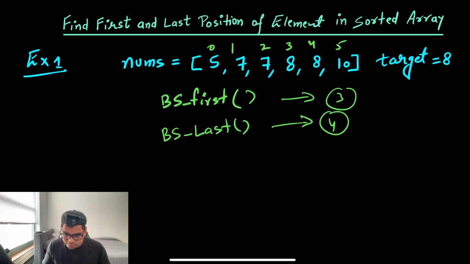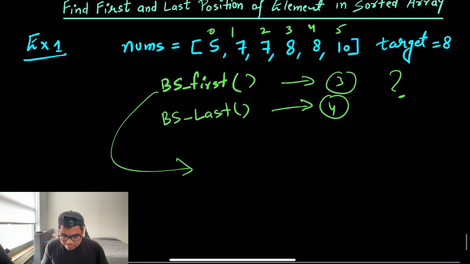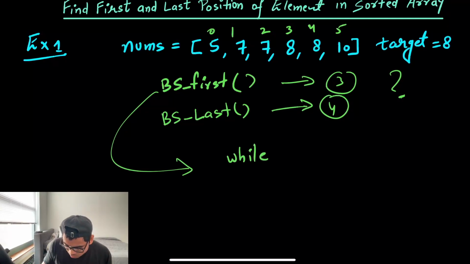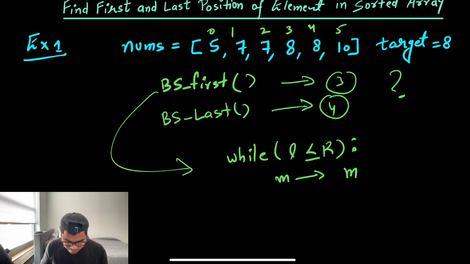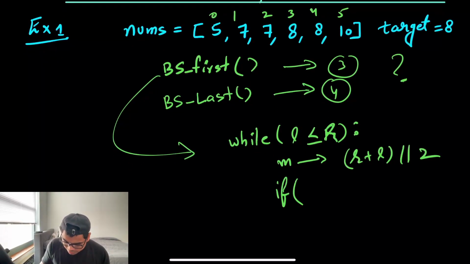And how are they going to do it? When we are writing this particular function, it will be a regular binary search algorithm, which is basically having while left is less than or equal to our right pointer, and the mid calculation, which is l plus r, divided by 2. Now if m, and whenever I'm just saying m, I mean nums[m], is equal to our target,